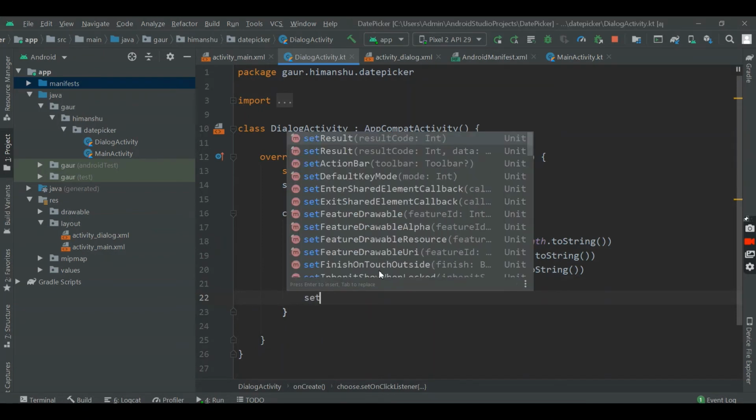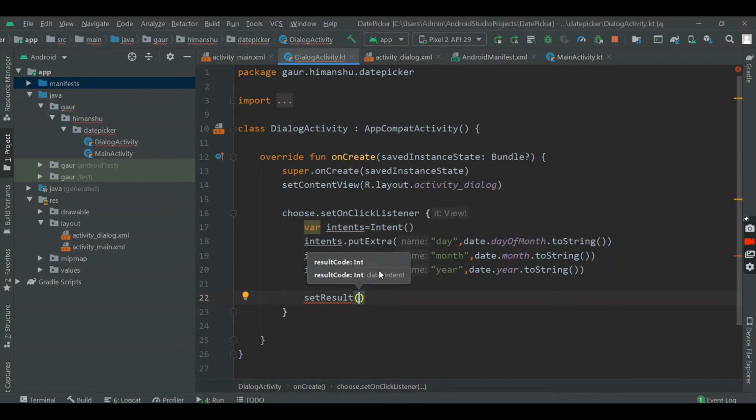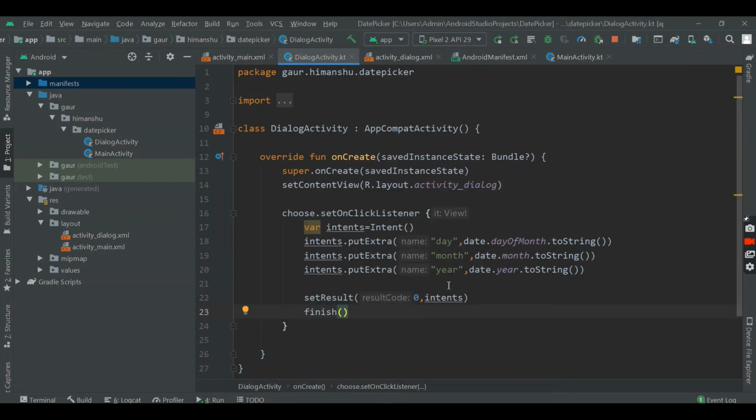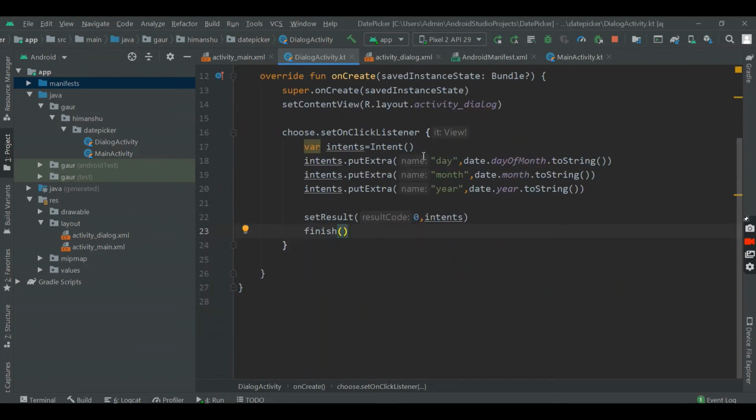Now I want this intent data in our main activity, so just use the request code. In our main activity I used 0, so the same will be used here. That's all. Finish this dialog alert and pass this data to our main activity.